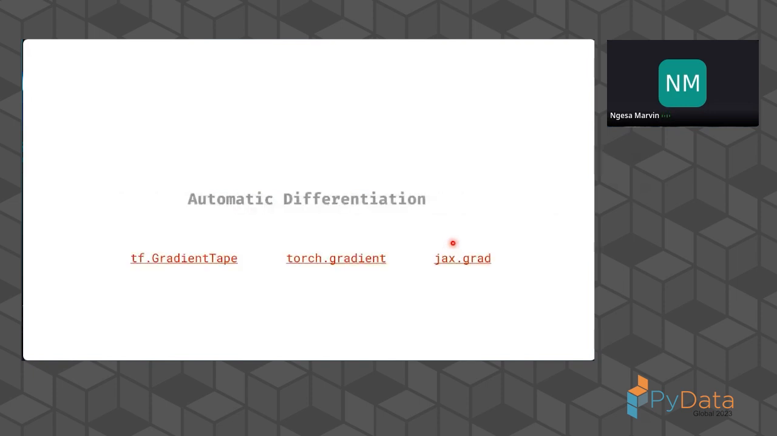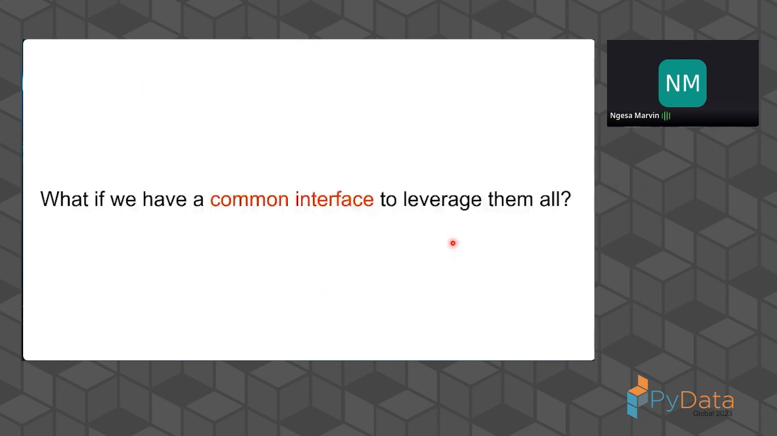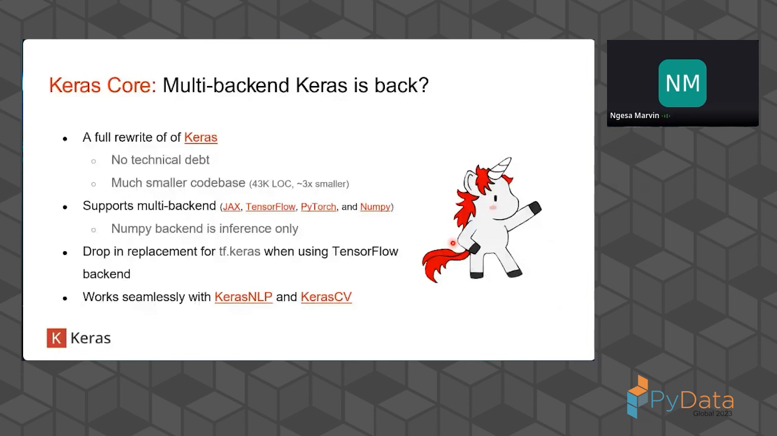So with TensorFlow, you have things like gradient tape that you can use. With things like PyTorch, you have torch.gradient. With new tools like JAX, you have jax.grad. And the key question is, what if we have a common interface to leverage all of them? And today we have something called Keras Core or Keras 3. And Keras 3 is ideally a full rewrite of Keras that supports different backends, meaning that today you can